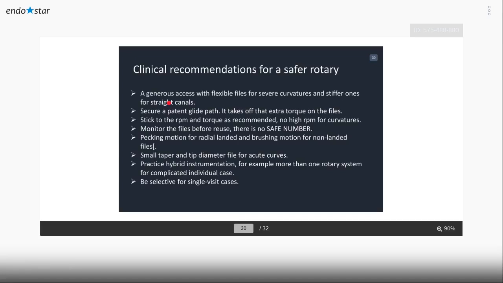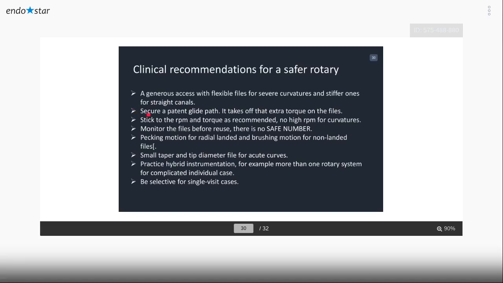But at the same time, in a curved canal, I prefer to start with stiffer files up to the curvature point. Before the curvature point, try to get the benefit of the stiff files, because the stiff file can give you brief layering, and as I told you, I prefer crown down, so I use large ISO size, larger taper up to the point of the severe curvature. Then later on, the process will be much easier for the non-stiffer or smaller size wires,